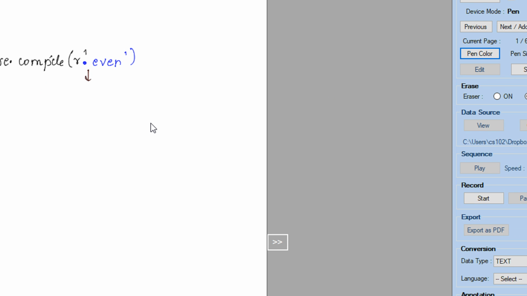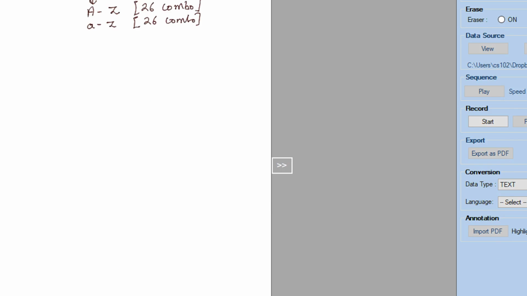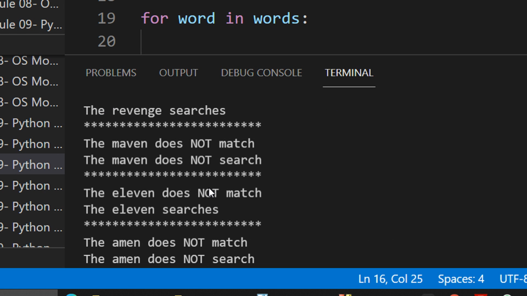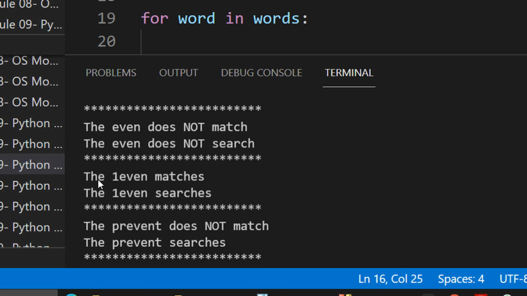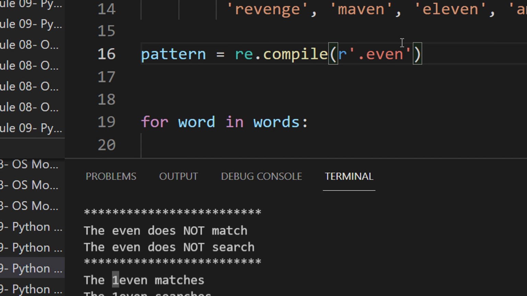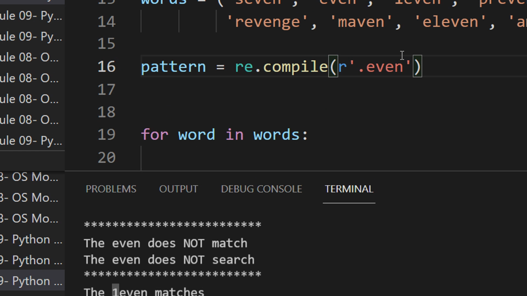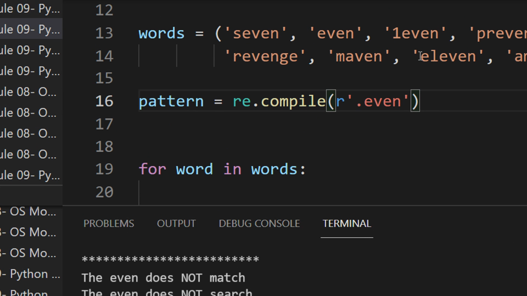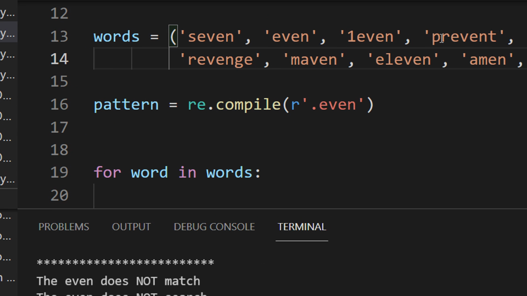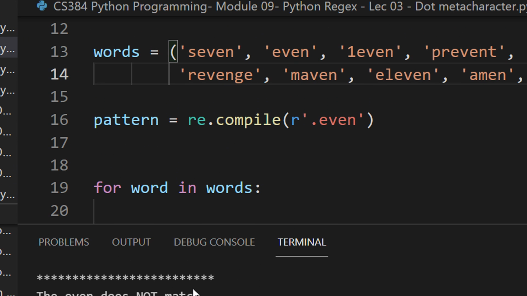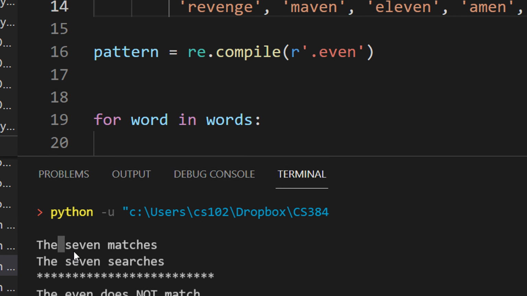This dot can be anything in capital A to Z, 26 combinations, small a to z, 26 combinations. And let me check whether it includes the numbers also. Yes, it includes the numbers also. So basically it can be anything, 1 to 9, or basically I should write 0 to 9.